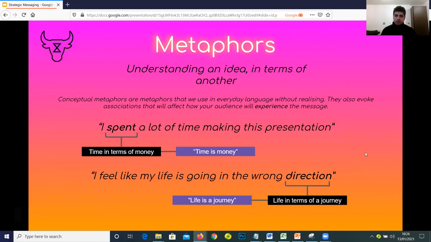So in your messaging, you don't really need to analyze it in this way. The main thing is to think about what you experience and how you feel when that conceptual metaphor is used in that statement. That's a good way to gauge whether the message is going to be effective or not. Once you've figured out how you feel about it, then ask: is this how I want the audience to feel, right? If the answer is no, then no. But if the answer is yes, then that's cool.